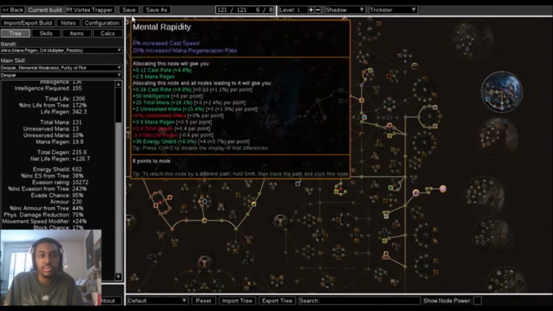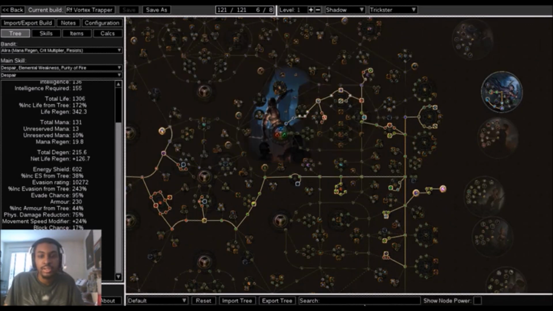But yeah, these are the three builds. I'm not really sure which one I'm going to choose yet. I'll probably play all of them throughout the duration of the new league, but I'm pretty excited for it, and I hope you guys are too. Again, Incursion comes out tomorrow, so